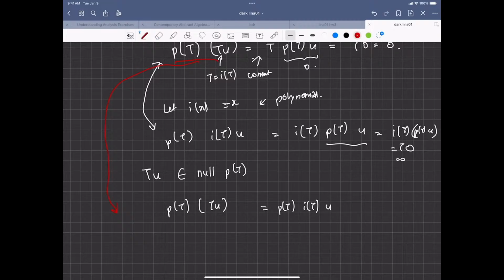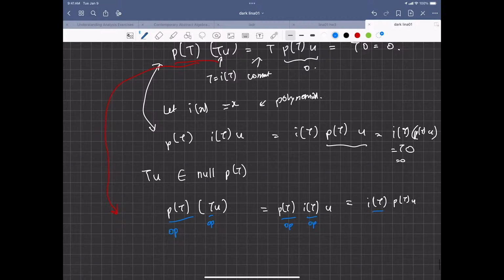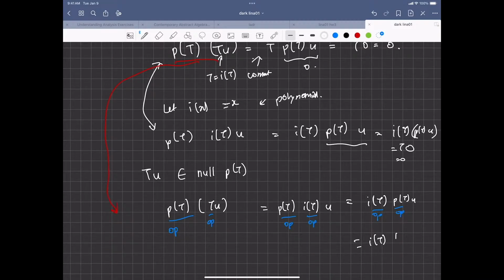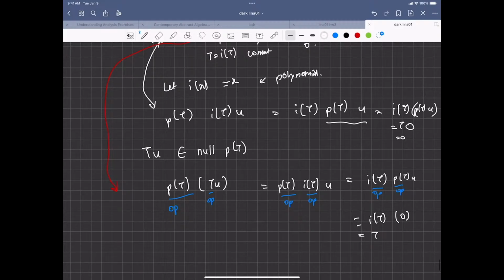Here we're going to highlight that this here is an operator, and here's an operator as well. Operator, operator, and then we commute the operators around. This is the last vector, and since u was in the null space, P of T applied to it is going to be 0. And since I is the identity,